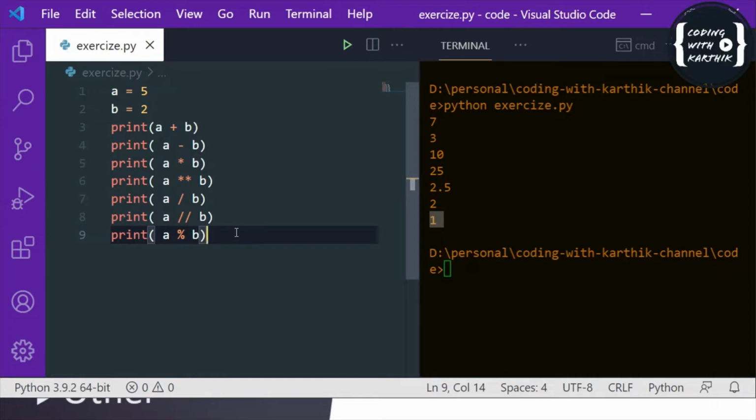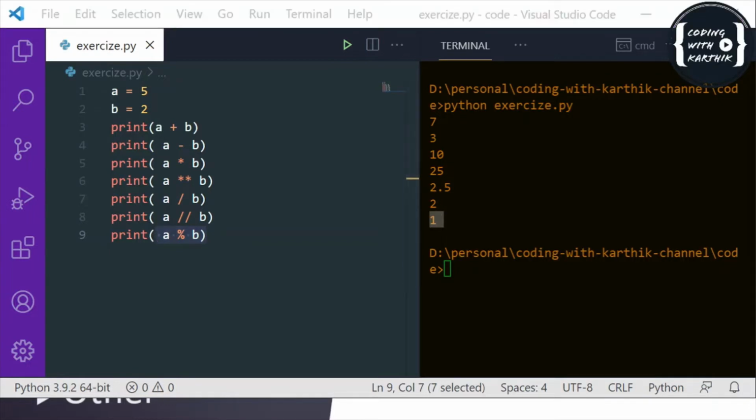That means when you do the division, so let's say here 5 and 2, 2 2s are 4, then you will have the remainder as 1, right? So if you want to get the remainder, we can use this modulus operator. Okay. These are all the arithmetic operators in Python.